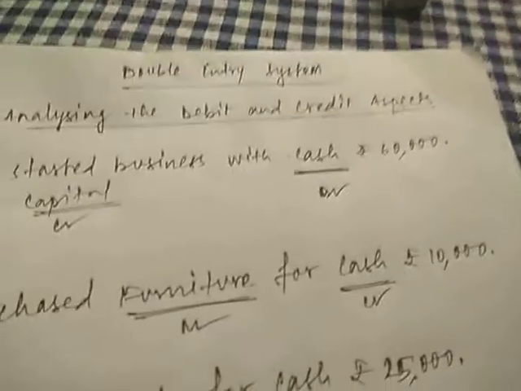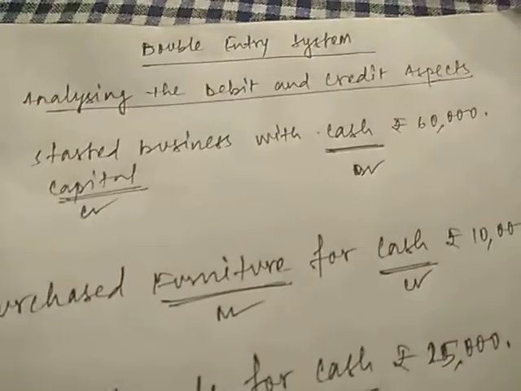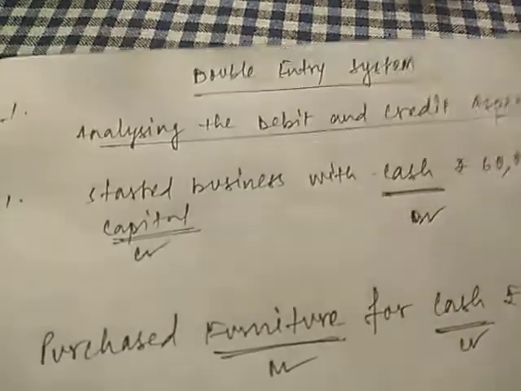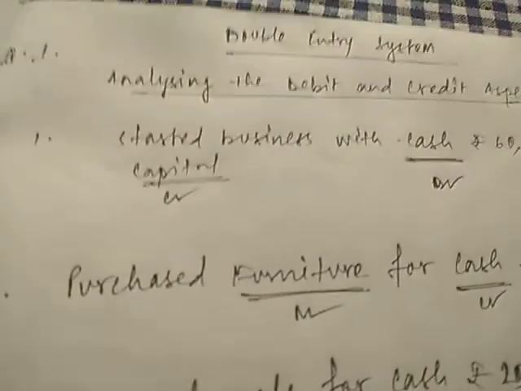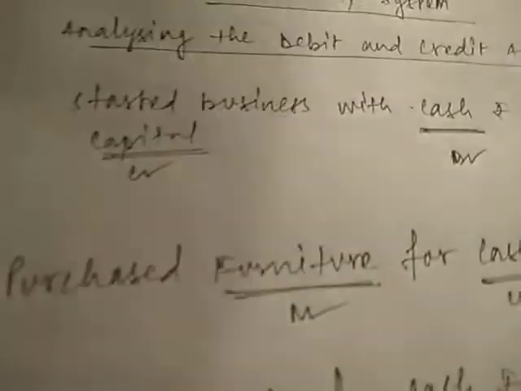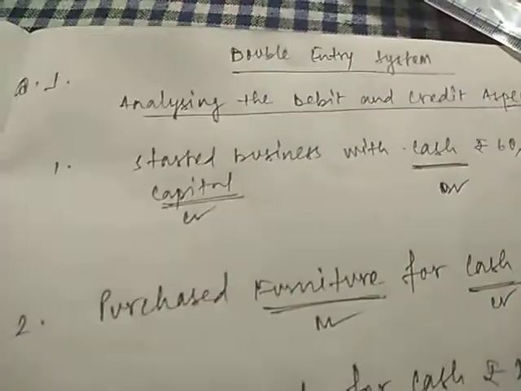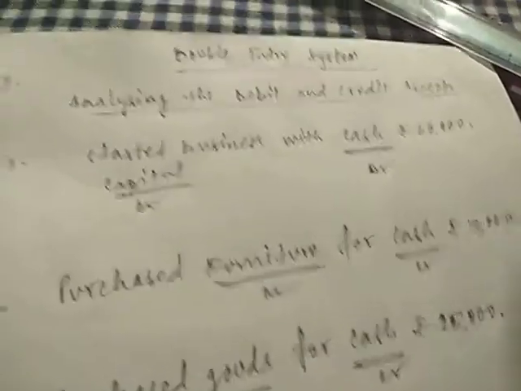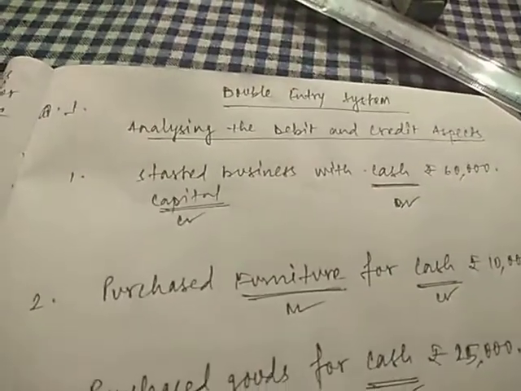Today we'll see something about the double entry system. However, this is related to journalizing. Although I am not starting the chapter on journal right now, we'll do it in the next class. Here, I just want to show you something regarding the double entry system and analyzing the debit and credit aspects